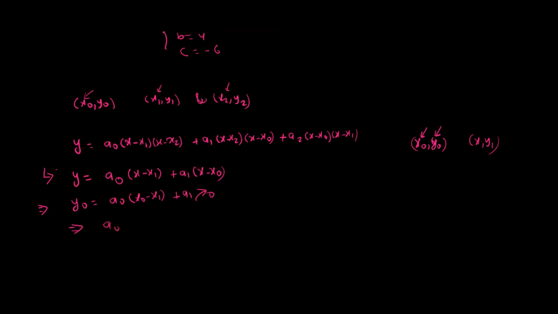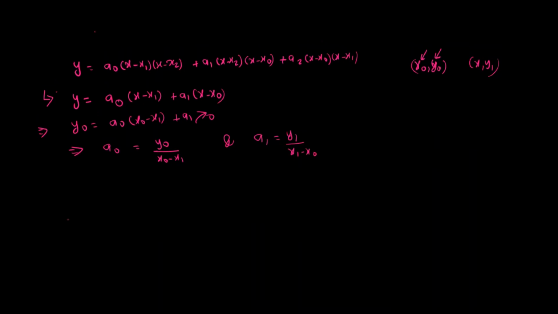So from here what we can get is a0 is equal to y0 upon x0 minus x1, and similarly when we place x is equal to x1 and y is equal to y1, you will get a1, this is equal to y1 upon x1 minus x0. So let me rewrite my formula as y is equal to y0 upon x0 minus x1 into x minus x1